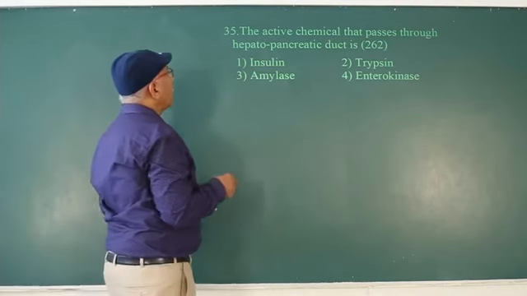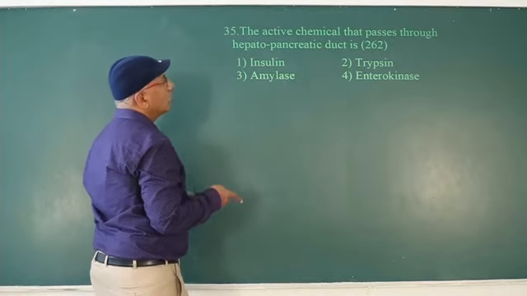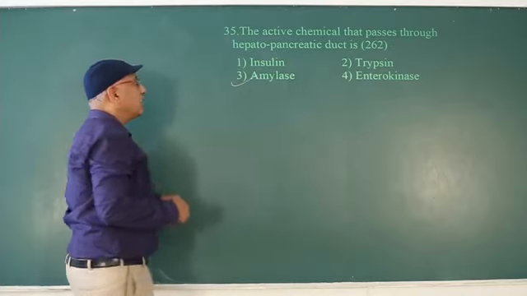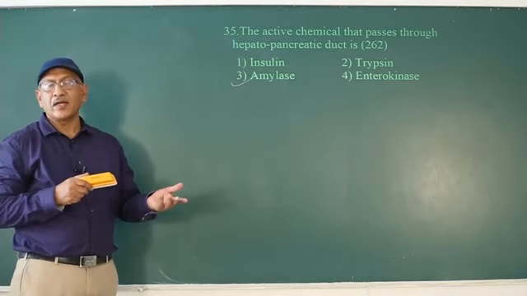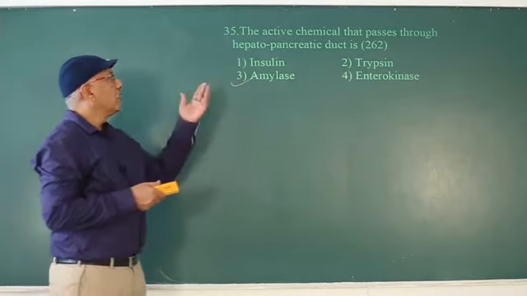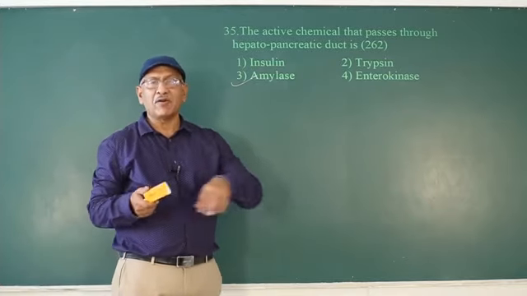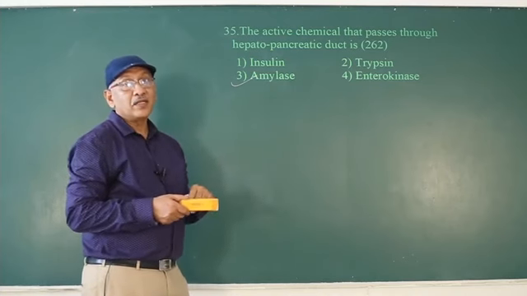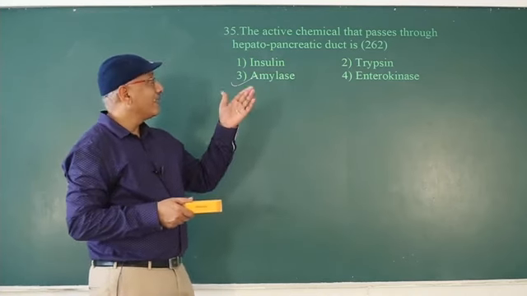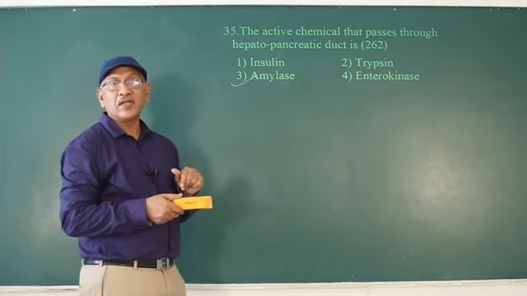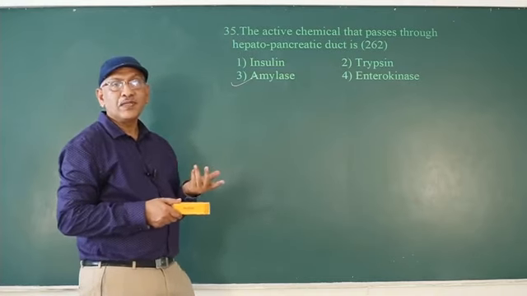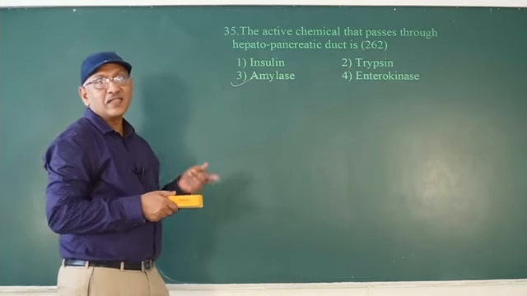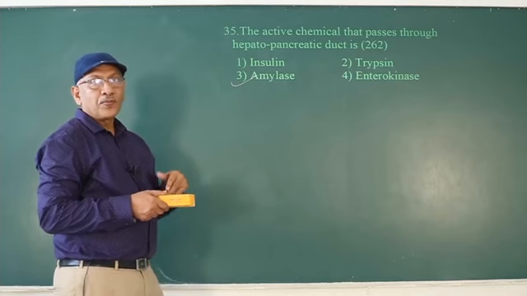So the active chemical that passes through the hepatopancreatic duct here is amylase, that is, pancreatic amylase. Pancreatic juice contains pancreatic amylase. Insulin is a hormone, it is never transported through ducts. Trypsinogen is present, but trypsin is the active form, and in active form it is never transported. Similarly, enterokinase is present in the intestinal juice. So the pancreas